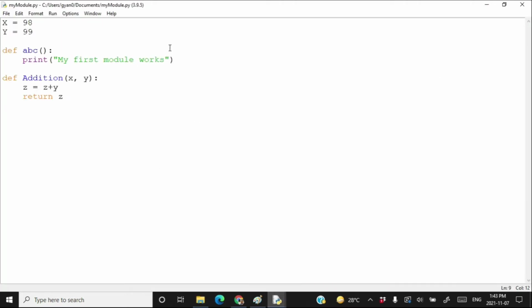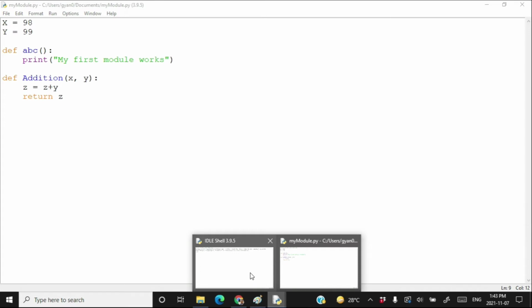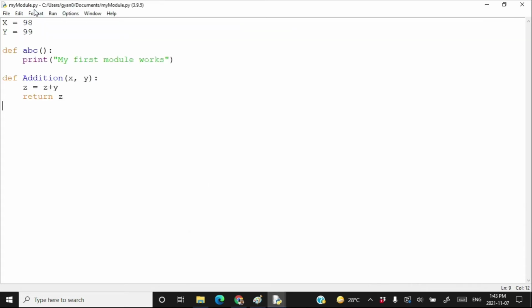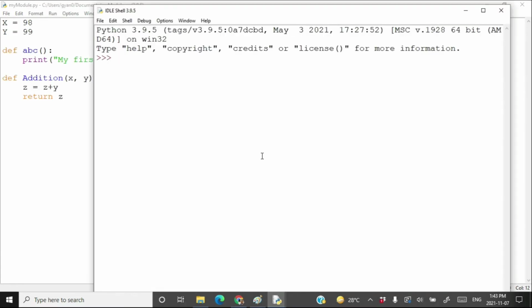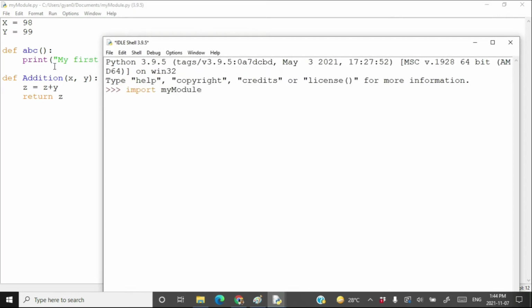Now, if I have saved this file in documents, how can I use this py file in some other document? So first, let's try to use this file in interactive cell. Let's try to import, because it is not going to be imported. So first, let's try to import mymodule. I have created a file mymodule.py, which is going to act as my module, saved it in the directory documents, and I am importing my module here. Will it work? Press enter.